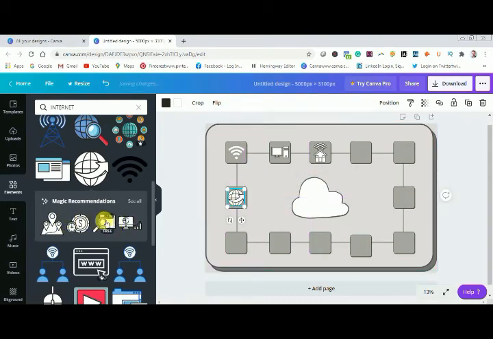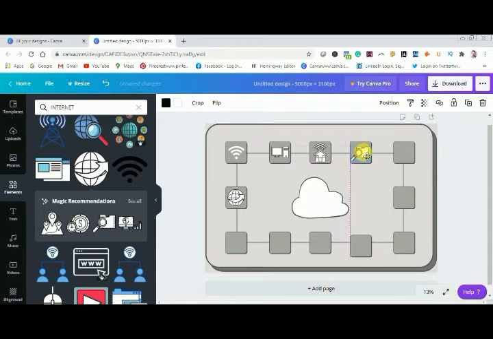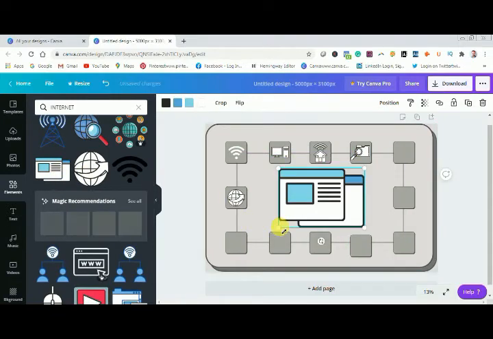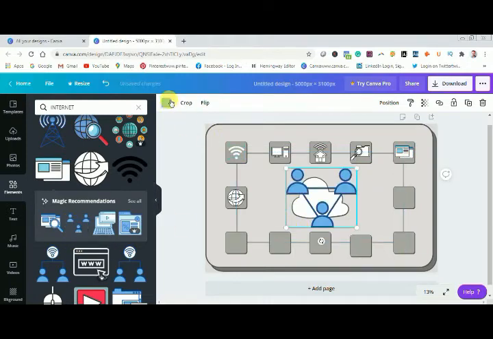and search bar, and again this files section. I will change the color later on because if I change it right now the element section will disappear. So first what I am doing is dragging and dropping all the elements in my field.